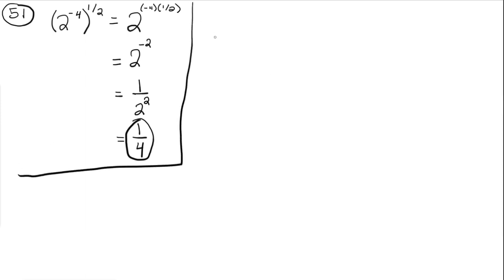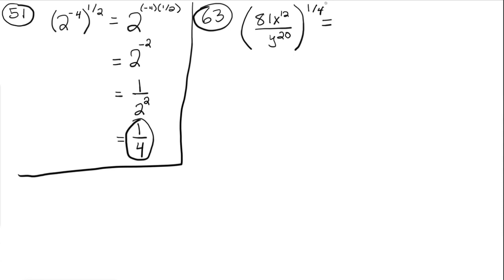The second problem that we're going to do is problem 63. So 63 says you have 81 x to the 12th divided by y to the 20th, and all of that is raised to the 1/4 power. Okay. So the first thing you're going to do is use the power rule. And so the first one is 81. That's going to be raised to the 1/4 power times x to the